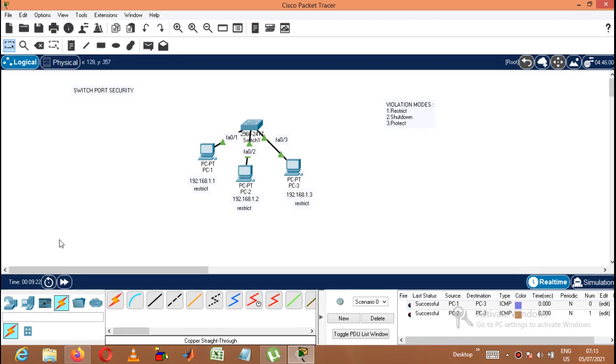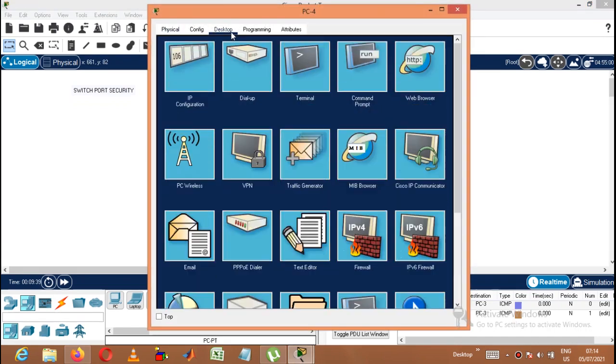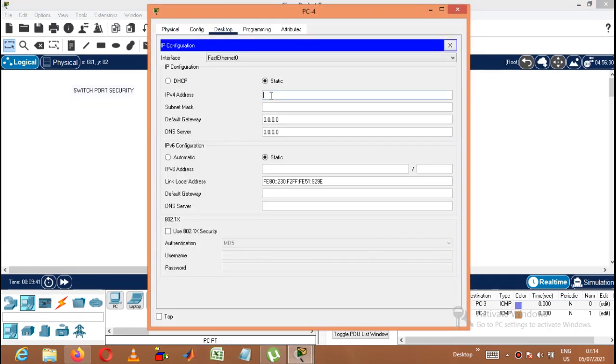Now I'm introducing an intruder here. Let me say this PC is PC number 4. He is the intruder. This intruder is also taking an IP address from the same network, 192.168.1.4.